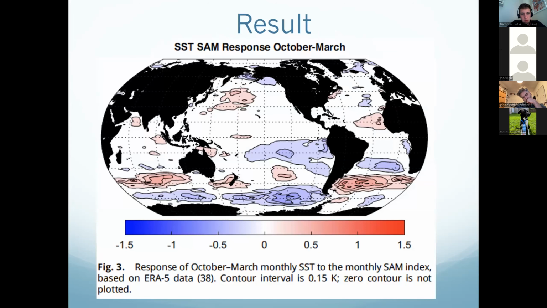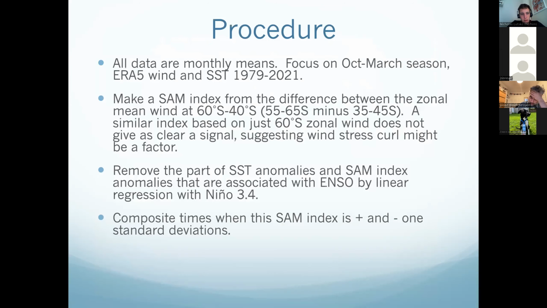So you produce a pretty strong cooling over the Southern Ocean, particularly upstream of the Drake Passage, consistent with the trends. And you also produce a smaller but statistically significant cooling south of the equator in the Eastern Pacific in that kind of triangular shape that the previous modeling papers were producing. So at this point, oh, I think I went the wrong direction.